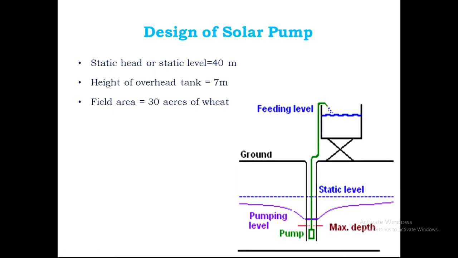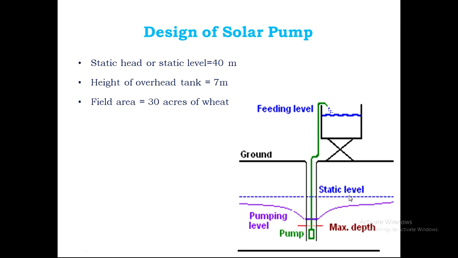So to design the solar pump, here I am showing, this is the ground. Here the overhead tank is placed, and this is a deep well. Different types are there. This is the deep well type, and this is the pump. This pump sucks the water and fills your overhead tank.